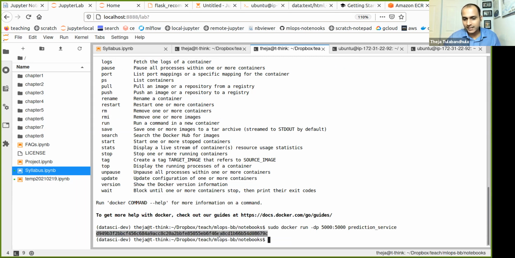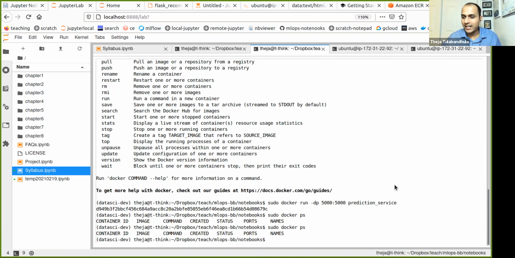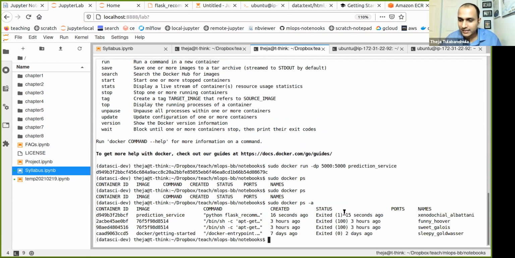Okay, so it started a container, and if I do docker ps, I'm just saying that we should have checked this. Oh wow, yeah, there was an error on this. Let me just do a ps minus a. So it exited for some reason.